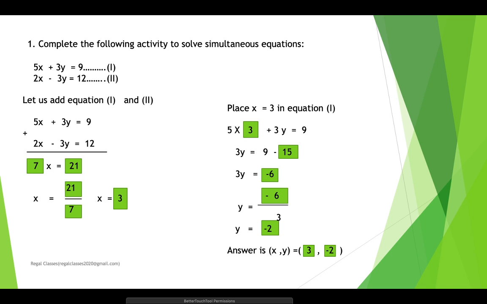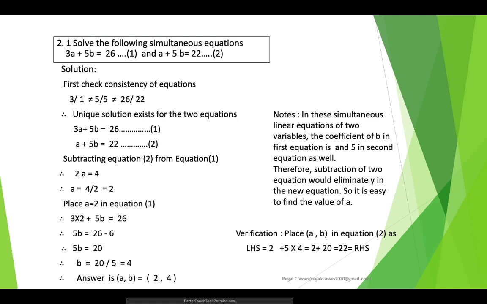You can note down all this and practice it again. A very simple solution. Let us look at the first problem of part 2A. It says solve the following simultaneous equations: 3a + 5b = 26 and a + 5b = 22. First we check the consistency and we find that a unique solution exists for the two equations because a1/a2